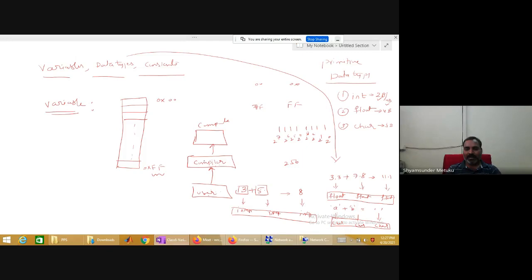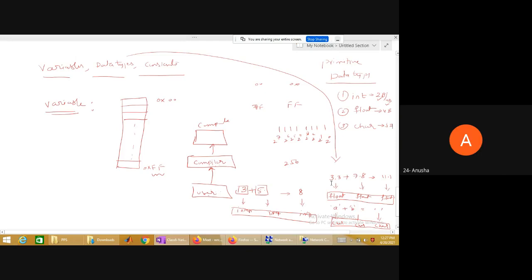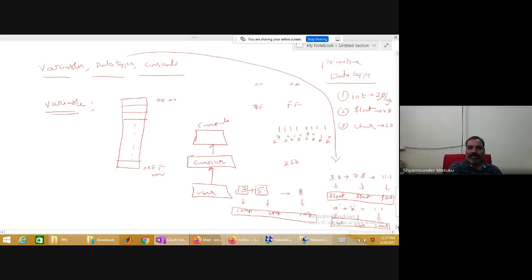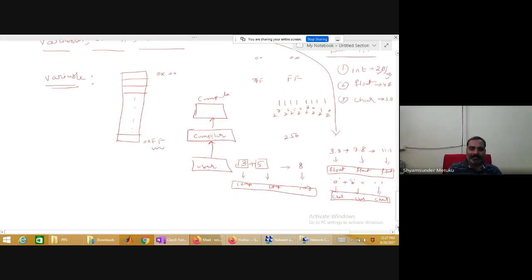Should this be given to the compiler or the computer? Compiler, very good. The moment I say data type, it is all compiler dependent. So integer, I'm rewriting here. Integer takes 2 bytes of memory if it is Turbo C, one of the compilers. It takes 4 bytes of memory for Dev C++ or a Linux environment.